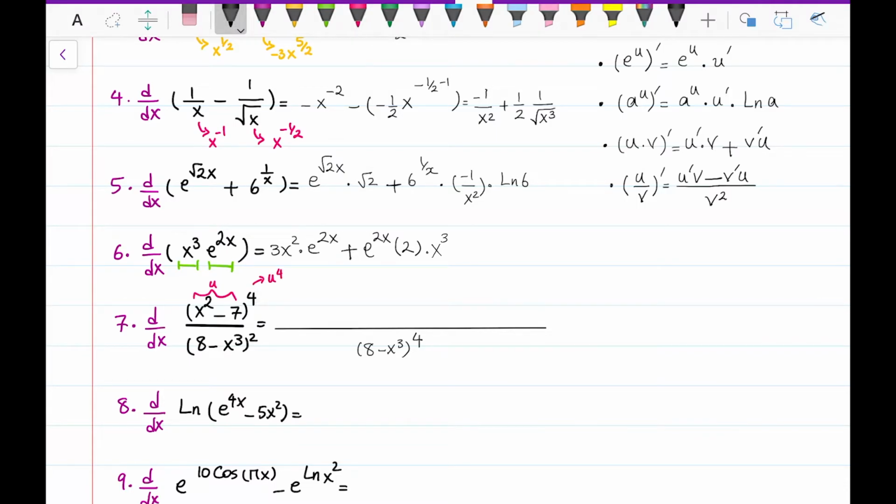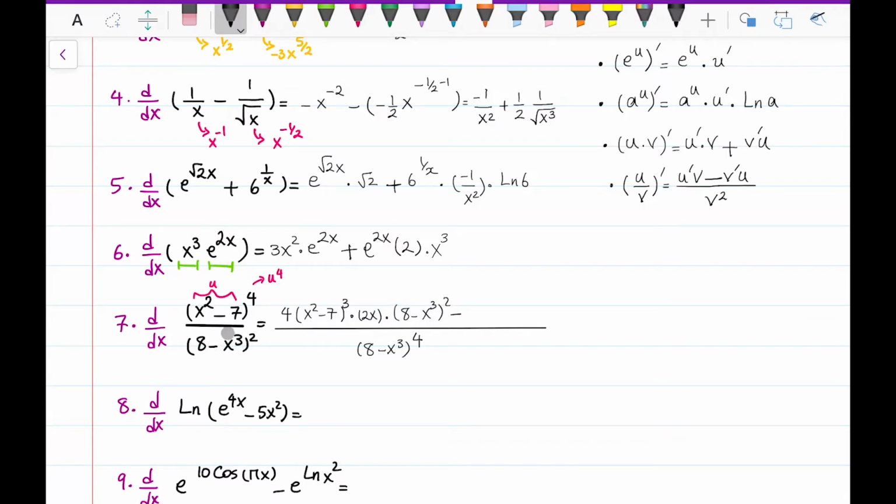It would be 4u to the power of 3, so whatever you have as your u to the power of 3, times derivative of u. So derivative of this part would be 2x. Very good. So that is derivative of top times bottom, which is (8 minus x cubed) squared